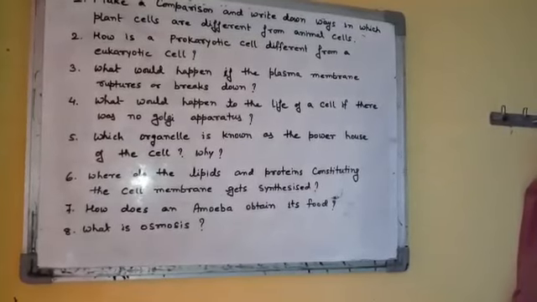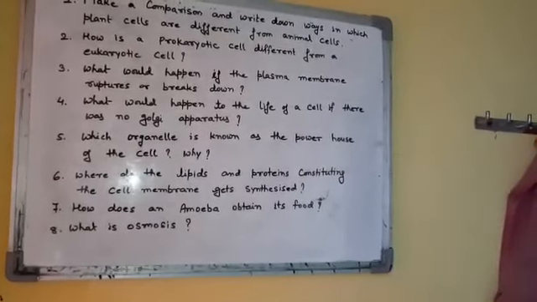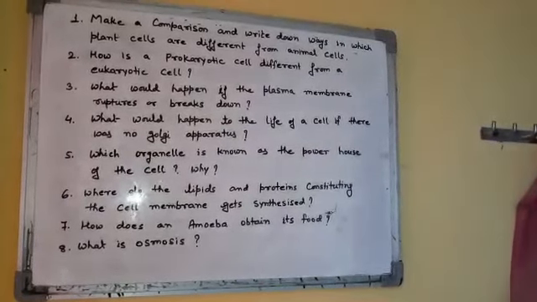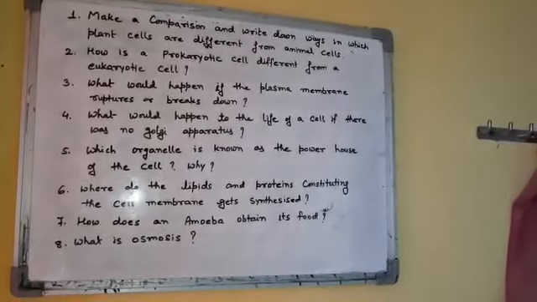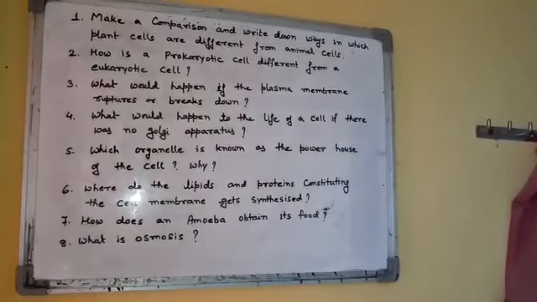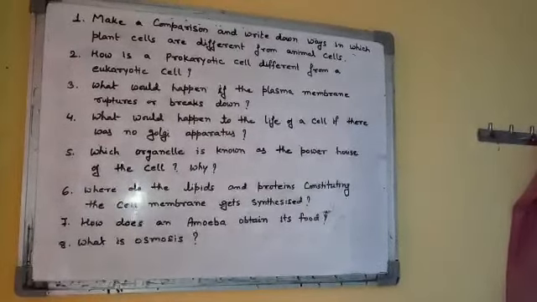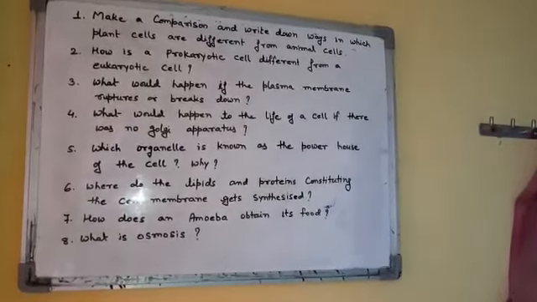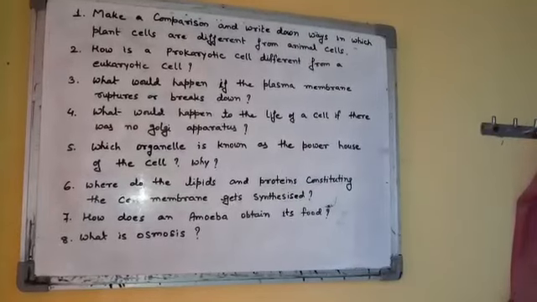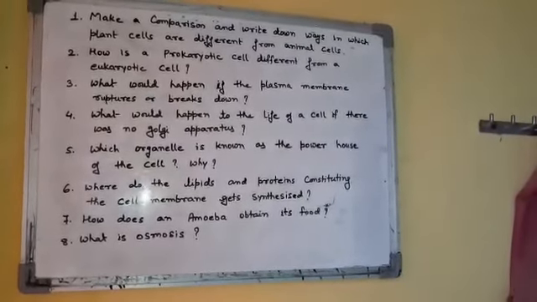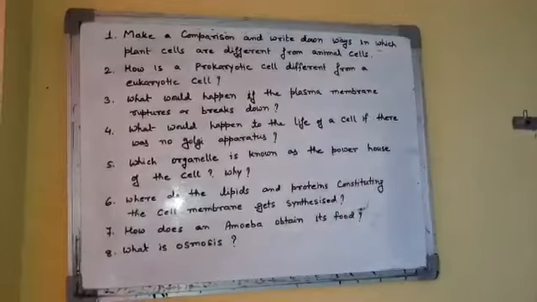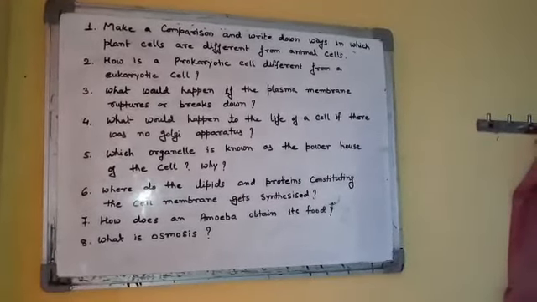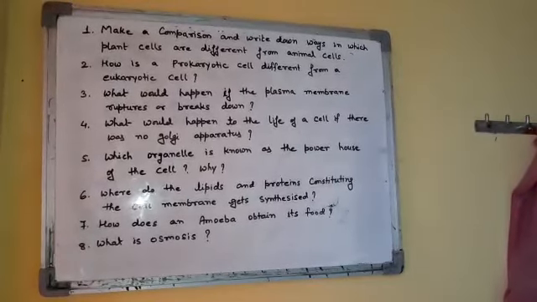So you will write down the name of the part of endoplasmic reticulum which helps in lipid synthesis, and you will write down the part of endoplasmic reticulum which helps in protein synthesis, and the organelle which is directly responsible for protein synthesis. So you will write down the name of both. You will also tell how both are together related, how the protein synthesizing part is associated with the part which helps in that.